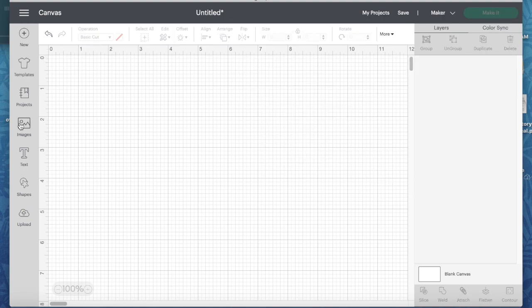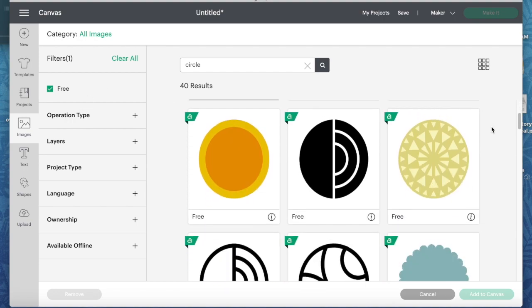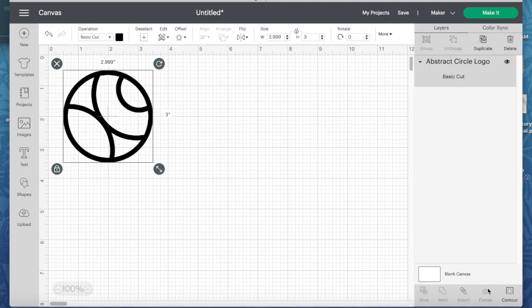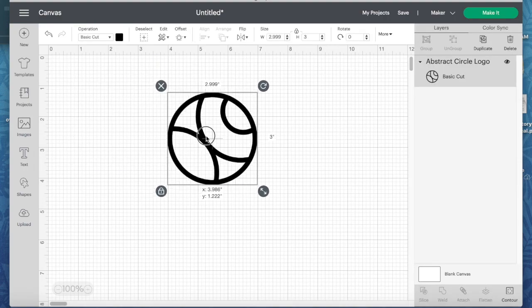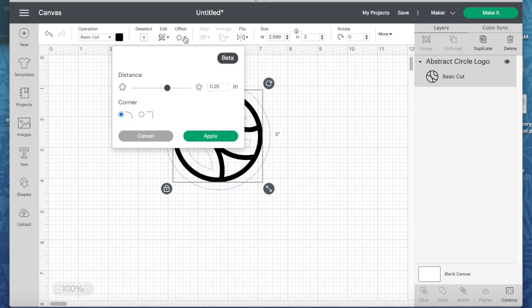One other function I'd like to show you is working with an image. And so here I am choosing to use a circle shape, and I'm just choosing a free one from Cricut. I'm going to choose this design here for a simple example of how to create a layered mandala. So I have my shape, and once again I'm going to go to the offset, choose the distance that I want it to offset,